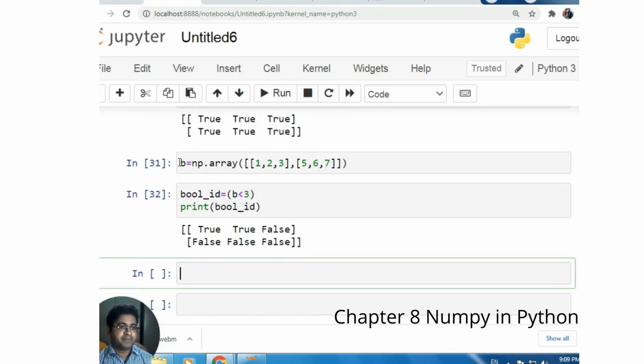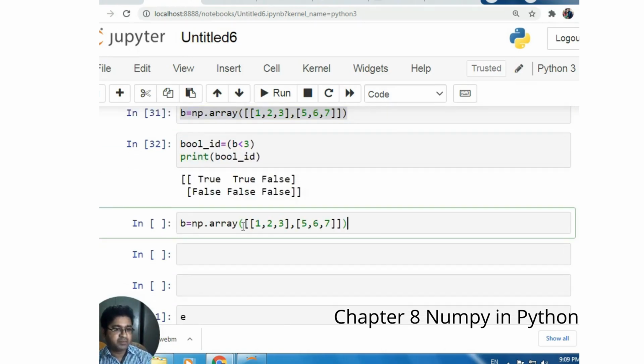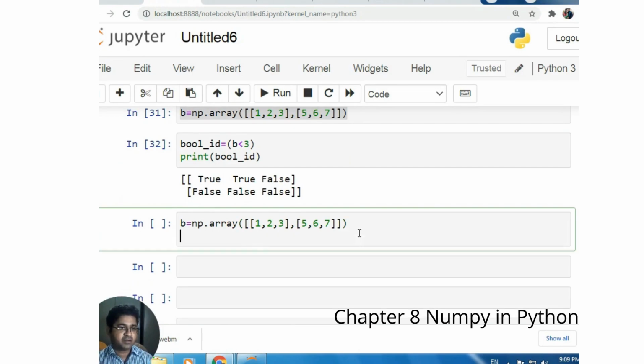Now moving towards the next section, we are going to have another chapter which represents the different numbers in Python, how numbers are defined inside Python.